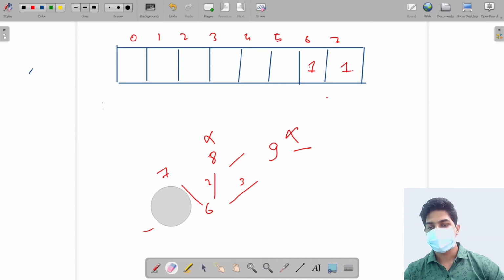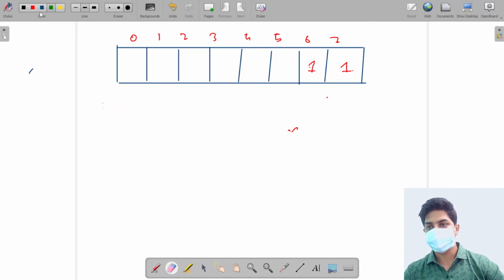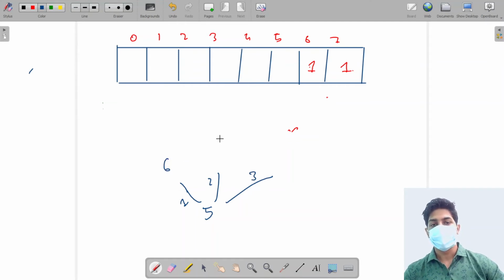Now let's analyze it for the 5th step. If we are on the 5th step, I can take a jump of 1 unit, 2 or 3. If I take a jump of 1, I will reach the 6th point, and the 6th guy knows how many ways there are from 6 to the destination. He will return me 1. If I take a jump of 2 unit, I will reach the 7th position. The 7th guy tells me there is only one way from him to the destination. He returns me 1. Now if I take a jump of 3 unit, I will reach the 8th position. I am exceeding the destination.